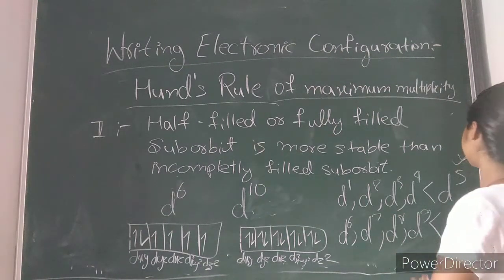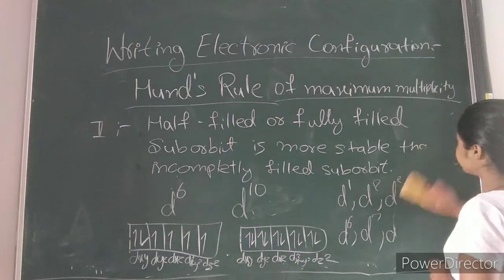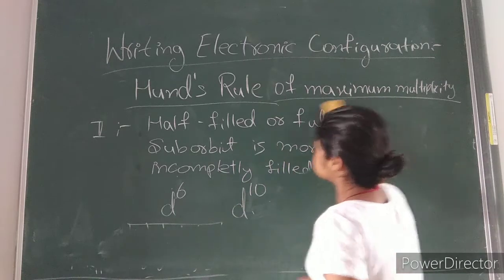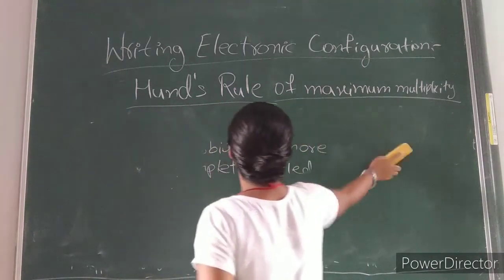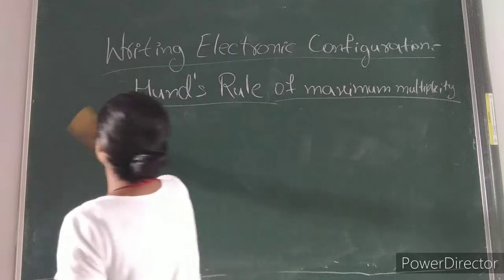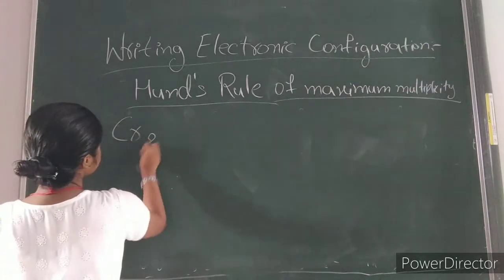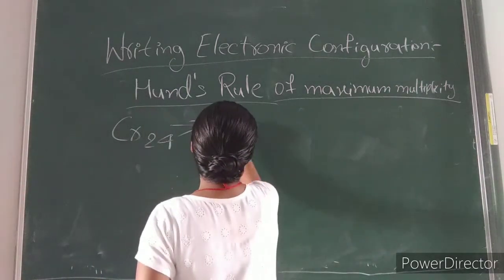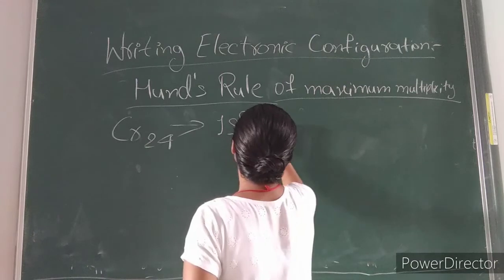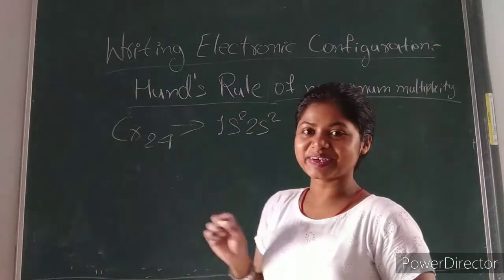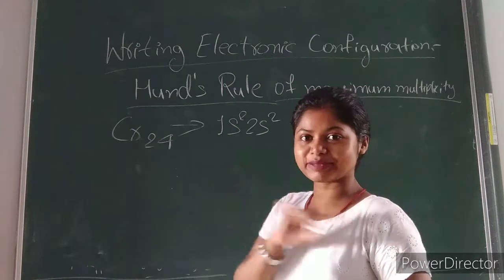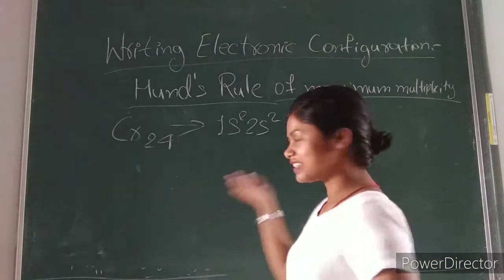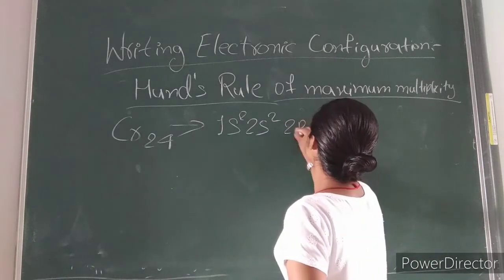Okay students, so that it will be easy for you to understand, I am taking one example with which you can understand it better. So let's take the example of chromium, with atomic number 24. Now let's put electrons here. 1s2, 2s2. By now you should remember these, right? It is important that you remember the s and p fillings. So writing here, I have practiced so much that I remember it and write it quickly. 1s2, 2s2, 2p6,